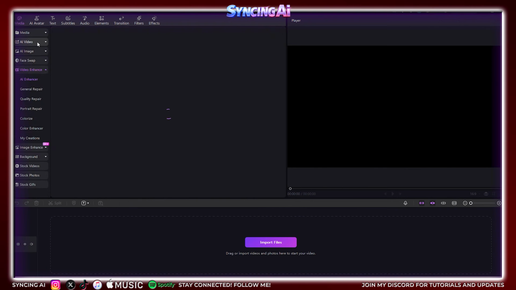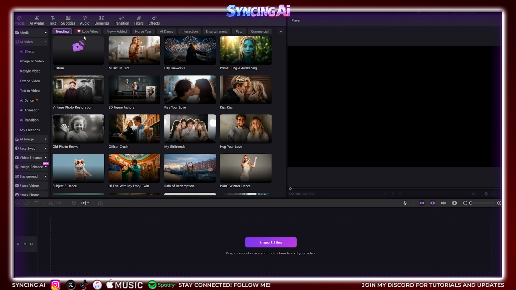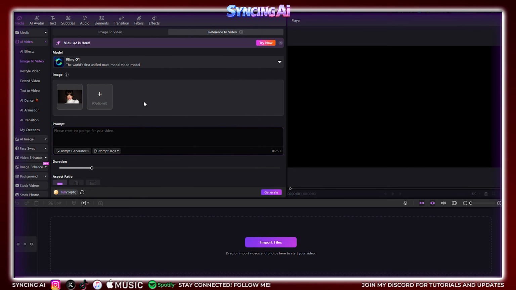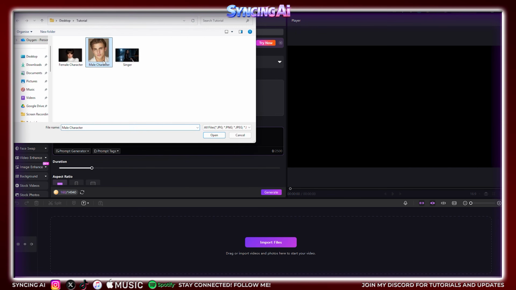I'm going to have the singer, which is me, and then two other characters. The goal here is to end up with a small set of strong singing avatars that feel like the same character from shot to shot. So I'm going to go to AI Video, Image to Video, click Reference to Video, and set the model to Kling O1. Then I'm going to upload our reference images of our characters, and in the prompt I am going to type,